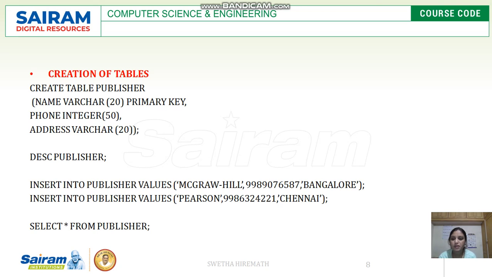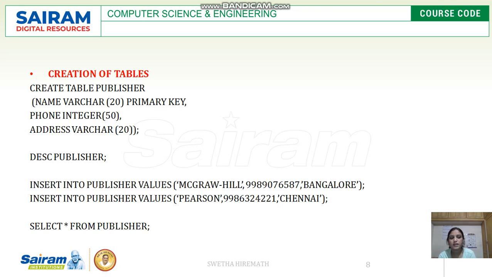For that, we make use of the command insert into publisher values. Whatever values you want to insert, those values have to be specified. Here I have given two rows, consisting of McGraw Hill and Pearson, with their contact number and the place or address they belong to.